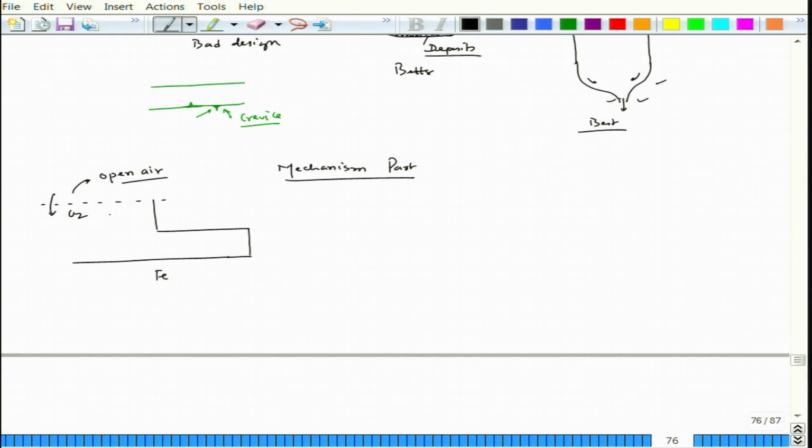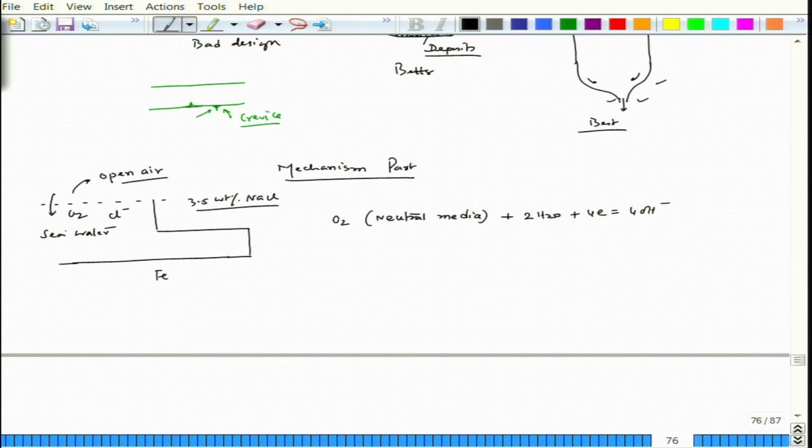Now, there are chloride ions also. Let us say this is sea water, or if we do a lab scale experiment, 3.5 weight percent NaCl. So, now there are sufficient chloride ions. Since cathodic and anodic reactions can take place everywhere, here the cathodic reaction is because we have a lot of oxygen, this is open air, and this is neutral media. In neutral media, O2 reacts with 2H2O plus 4e, and it forms 4OH minus.